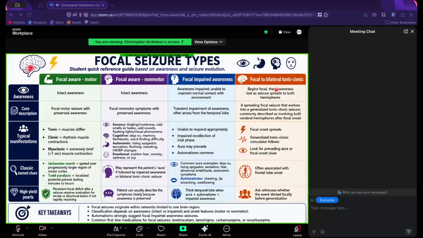Once I affect both hemispheres and I have abnormal electrical activity throughout my brain, am I still able to maintain consciousness? No, because things are